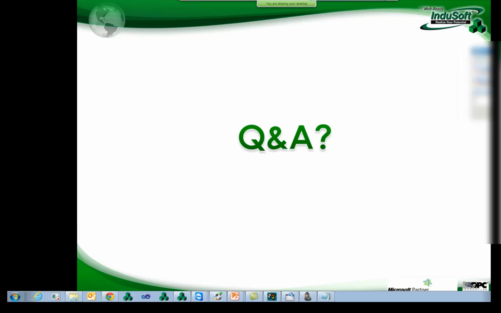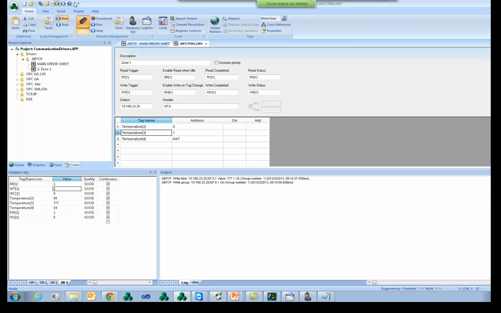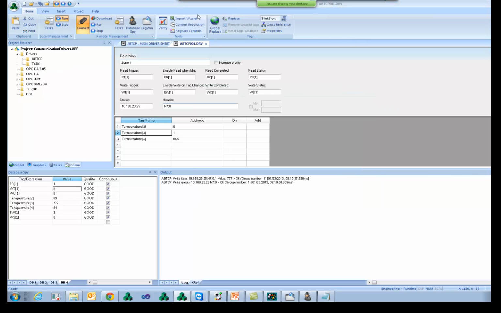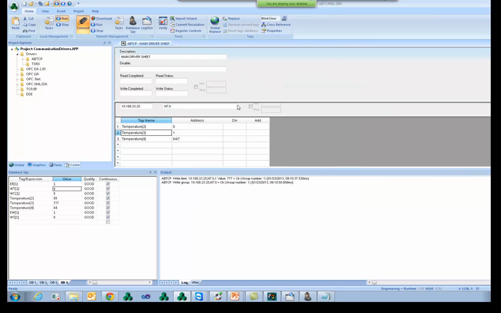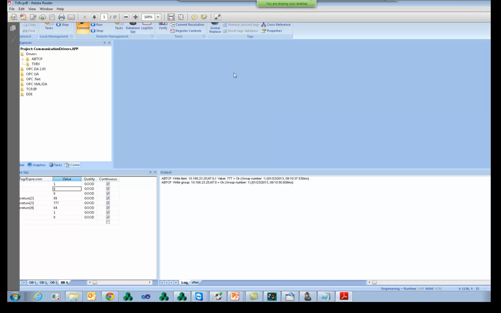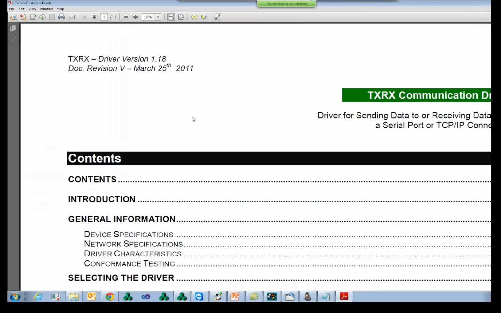So I have a question here. Someone asking if I can discuss a driver that we have called TXRX driver. So quickly here, if I go to add remove drivers, you're gonna have a driver that we have called TXRX. This is a very specific driver where you can configure exactly what you're gonna send. Here's the TXRX driver. If you look on the help file, you're gonna find more details about this driver, but basically you use this driver to send, if I may say that, customized messages